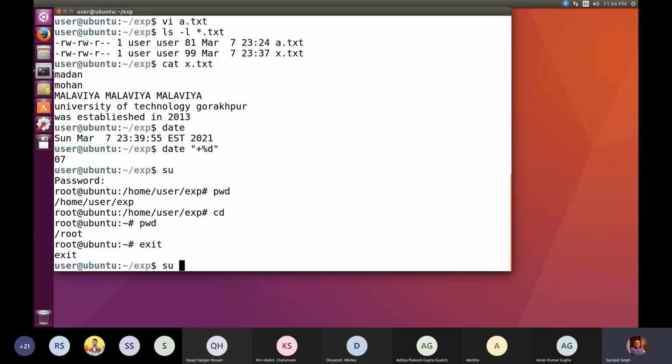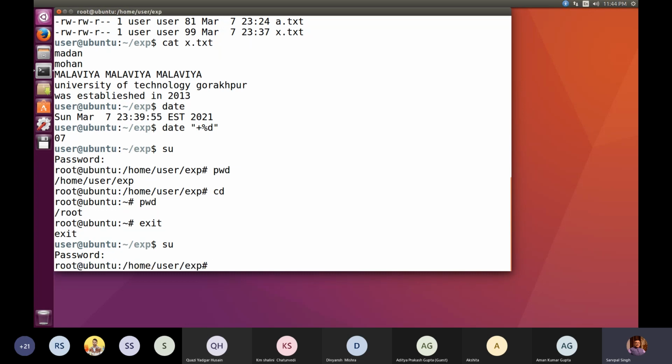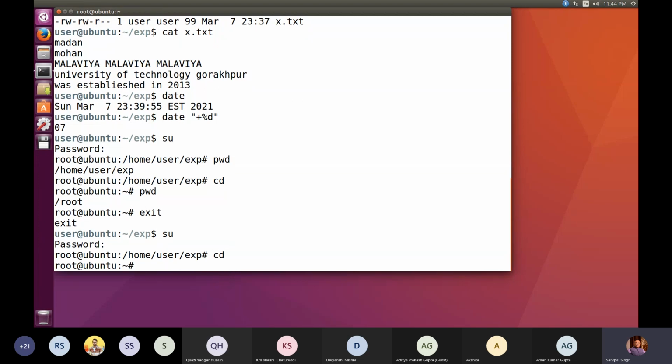लेकिन अगर आप root में जाना चाहते हैं तो you don't need to type su root. You simply type su, you press enter, you will be prompted to enter the password. Here you have to type the password, which is the password of super user. So then you will be placed again to सुपर यूजर लॉगिन. लेकिन आपकी होम डायरेक्टरी फिजिकली अभी चेंज नहीं हुई है तो उसको भी आप चेंज कर लीजिए by just pressing cd and pressing enter. तो आप अब इस समय आ गए सुपर यूजर पे. ठीक है. और इस मोड में you can set the date.